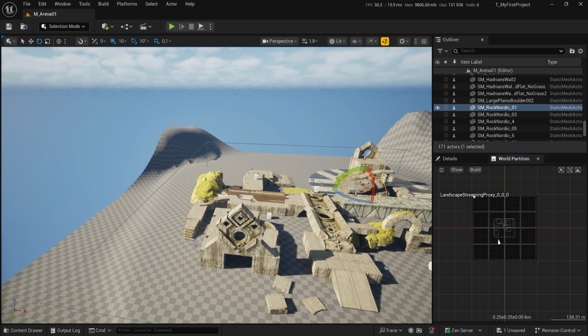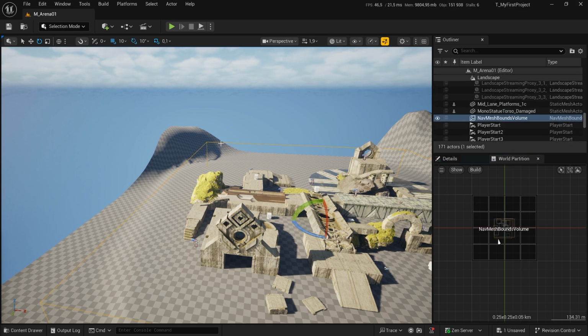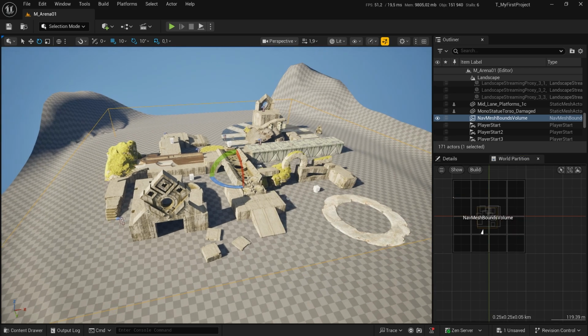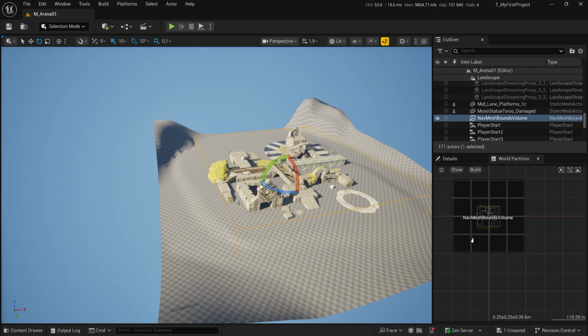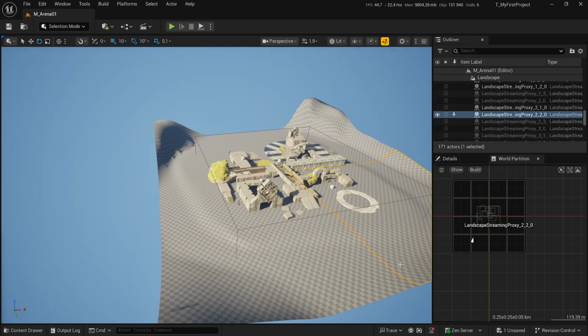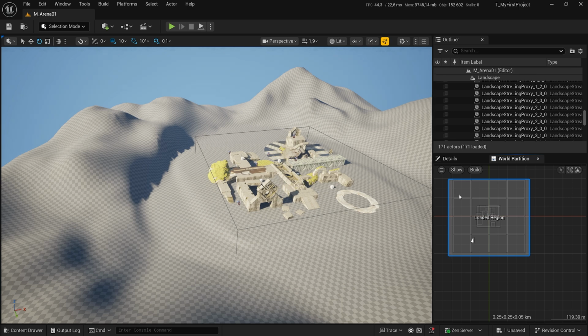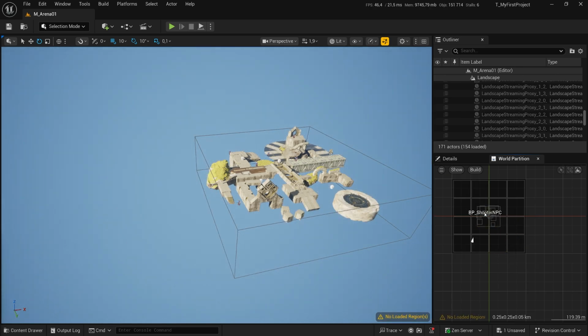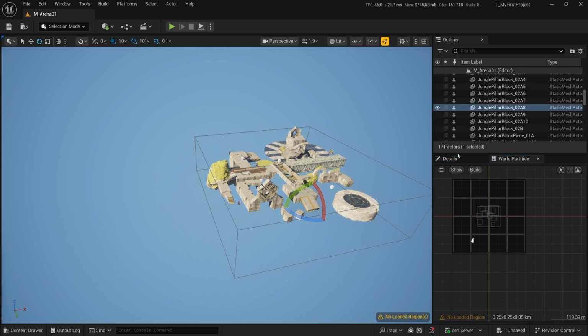Now, this part, because we have our nav mesh bounds, and I mean, we could force it to unload it, but Unreal knows that we're working here, so it's not unloading it. So if you really wanted to unload everything, I mean, you can select everything and then unload and keep unloading stuff. Can I unload? Okay, I'm not unloading this,